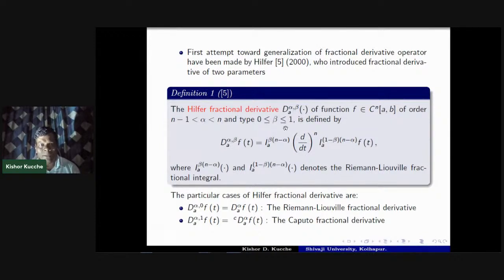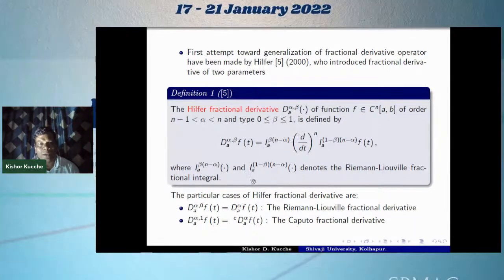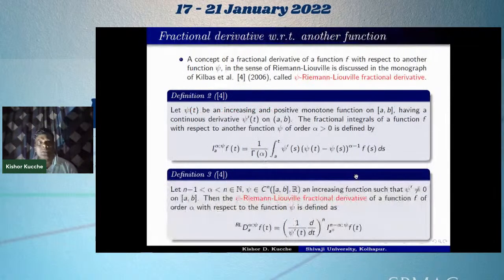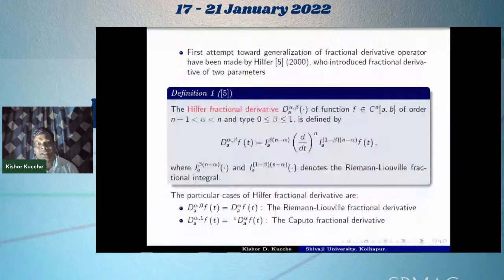When we put beta equal to 0, we get the Riemann-Liouville derivative, and when beta is equal to 1, it gives the Caputo fractional derivative. Then the concept of fractional derivative of the function f with respect to another function psi, in the sense of Riemann-Liouville,